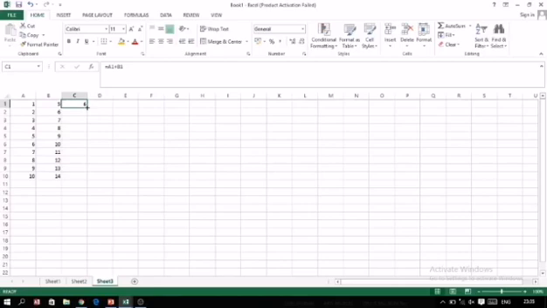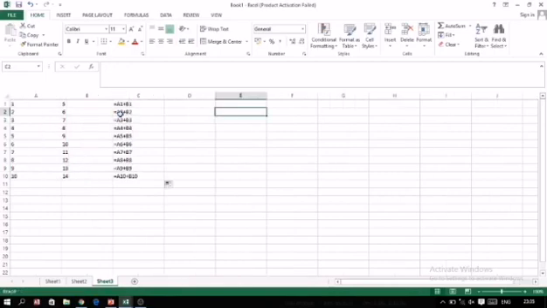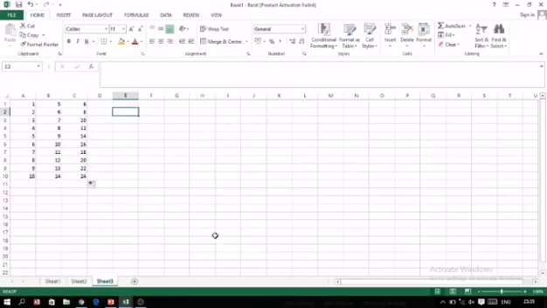After writing the formula in the first cell, or it can be a function also, come to the cell's fill handle. The cursor will change into a plus sign. Now press the mouse left button and drag it down. In this way, the formula will be copied. Here I am showing you the formula. As you can see, the formula is copied from one cell to another cell. So one method is this.